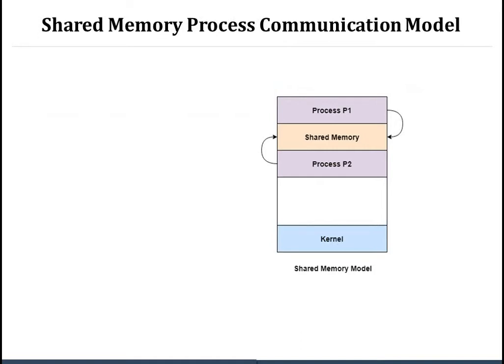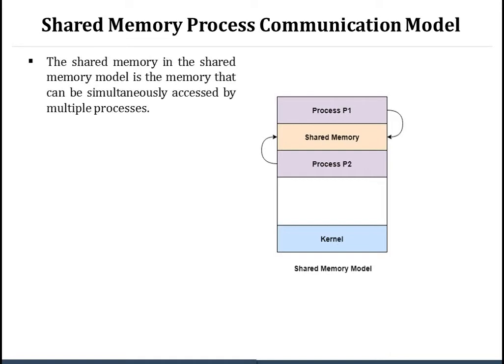Now this one is the shared memory process communication model. In this figure you can see there are two communicating processes with the kernel, and there is a memory portion labeled as shared memory, and these processes are communicating using this. So the shared memory model is memory that can be simultaneously accessed by multiple processes. Generally